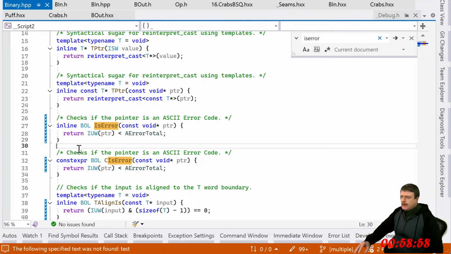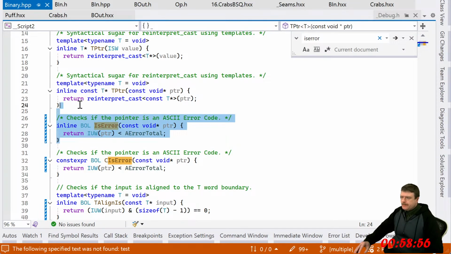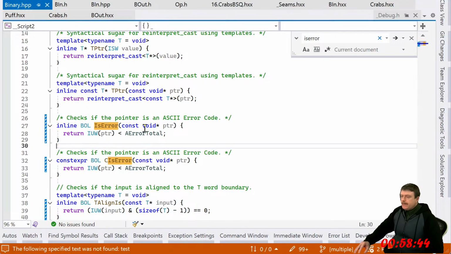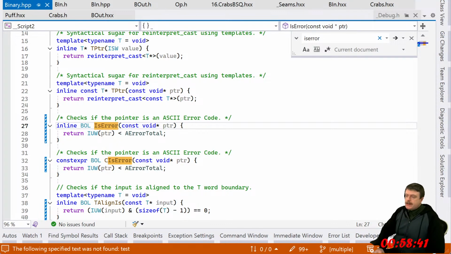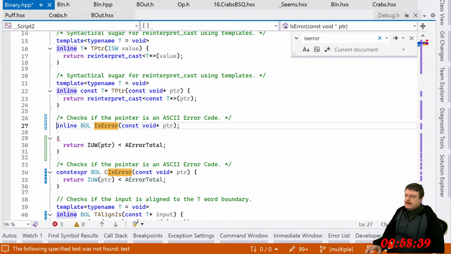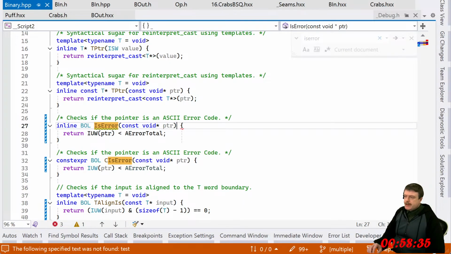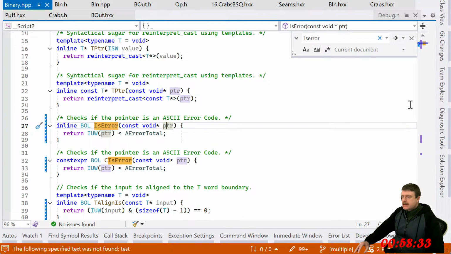I don't think that this is actually supposed to be here. I think I messed up. So the inline here doesn't matter. It doesn't actually inline. Oh, sorry. If I just made a function declaration like this, then the first inline doesn't matter. It has to be in line with this.